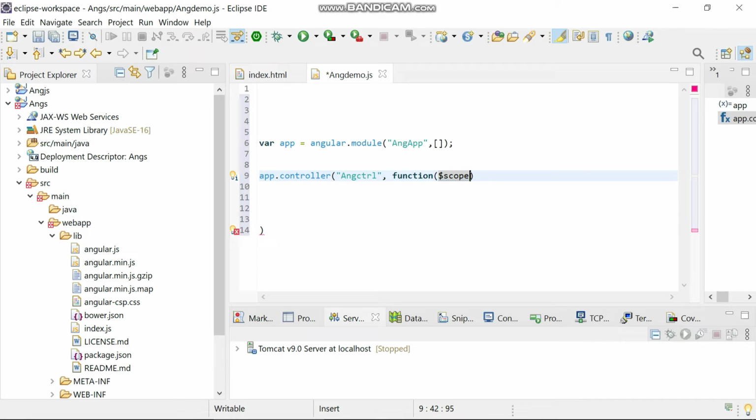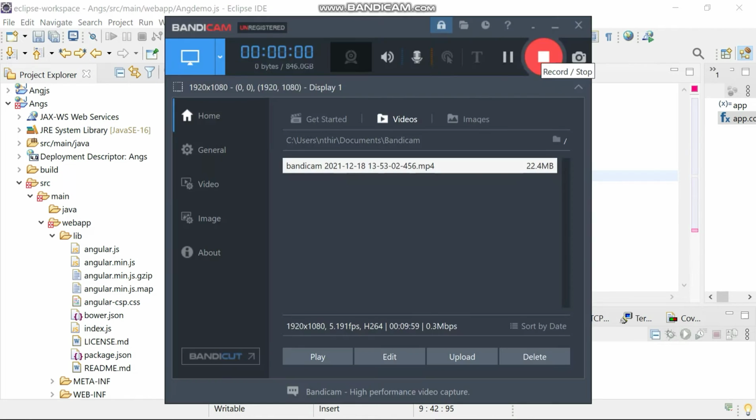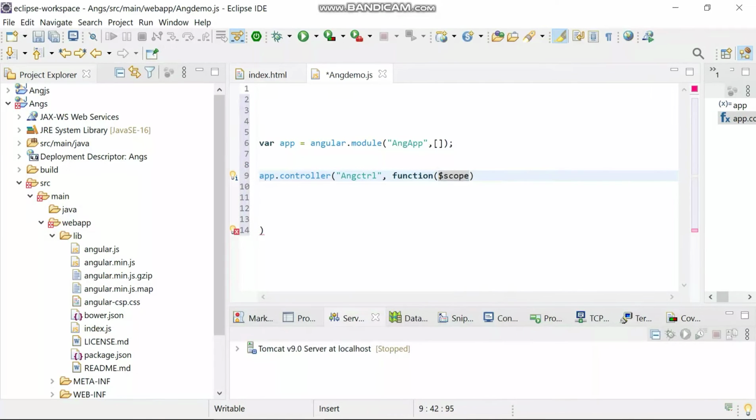We can create properties on this scope object, and then we can assign values or functions to it. Fine, so I have created the function.